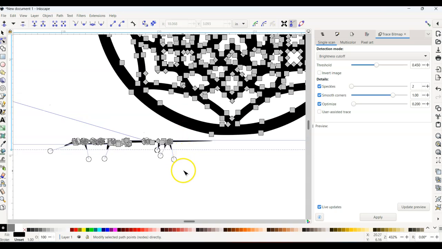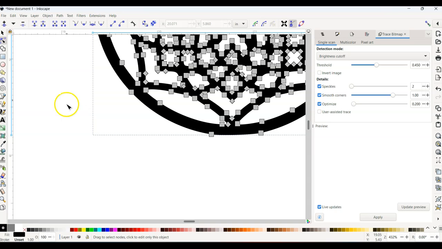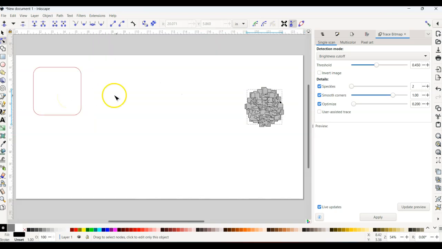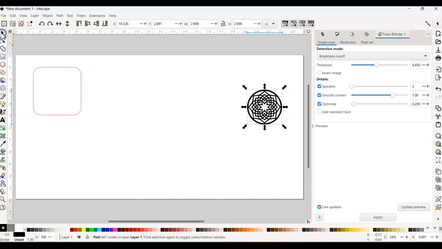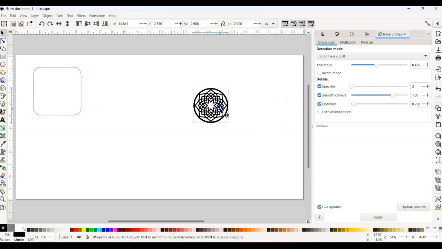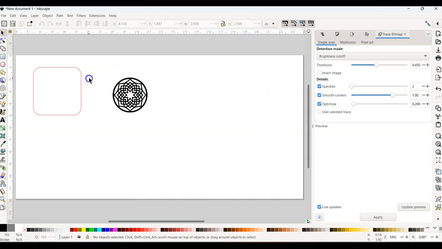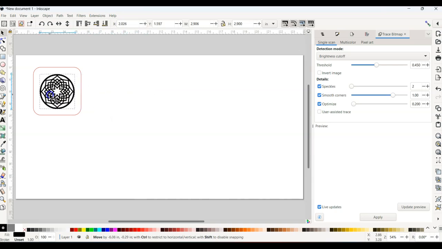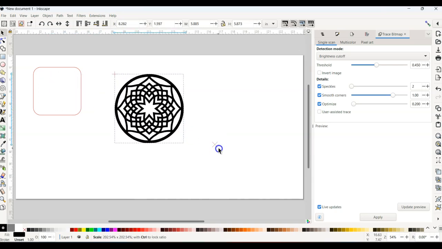I'm clicking down on my mouse to zoom in. I'm going to highlight the rest of this and press Delete on the keyboard, and then press the number 5 on the keyboard. Click on the node selector, or I'm sorry, not the node selector, the selector tool, and now I have this right here. Whew. So that just happened to be a good size to place on the coaster,